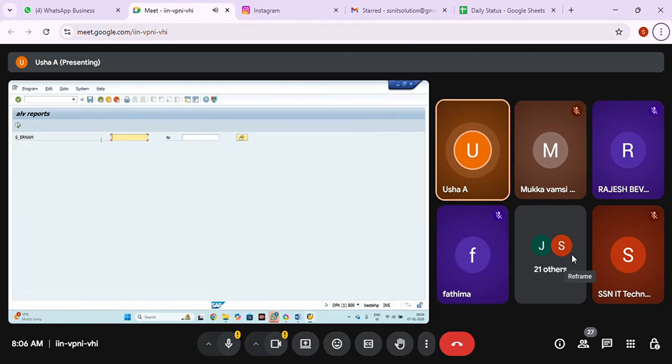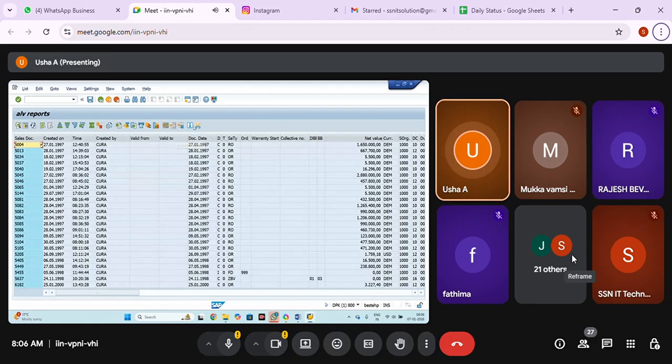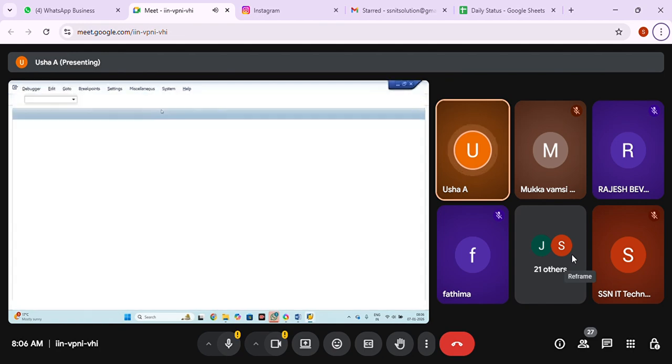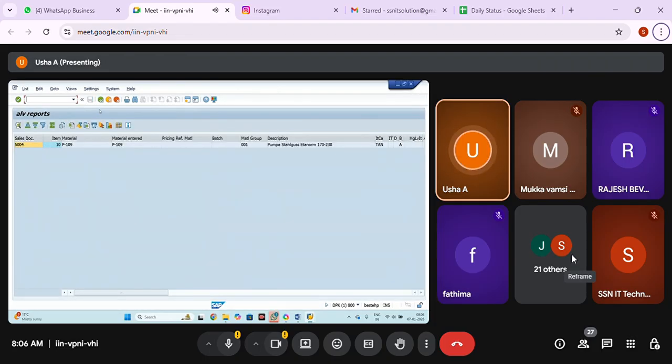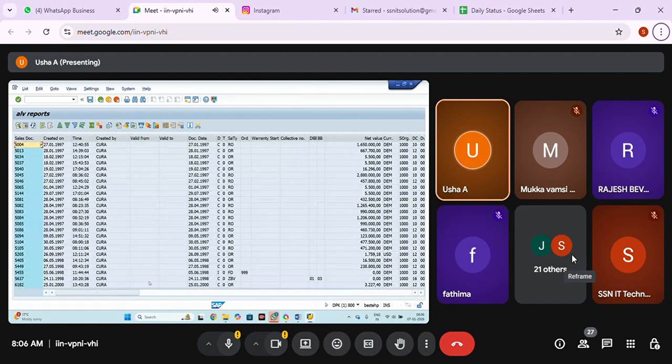Now I'm running it. For the VBAK display only, I just added this status. You can see the text button, Select All button, new buttons. Under that, we haven't written any action, but it is going to trigger. See, what is that UCOM value? Now the FCT code is coming. When you click on it, I haven't written the CASE in the user command. That's the reason it is showing up. But this is how we added the buttons.